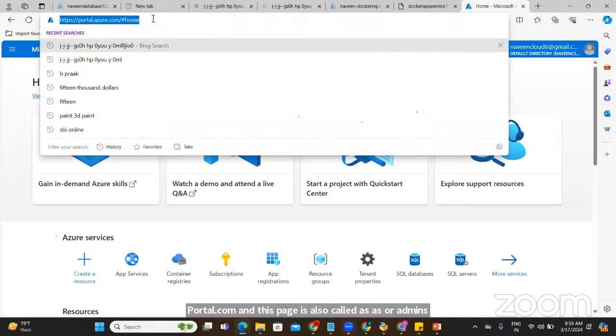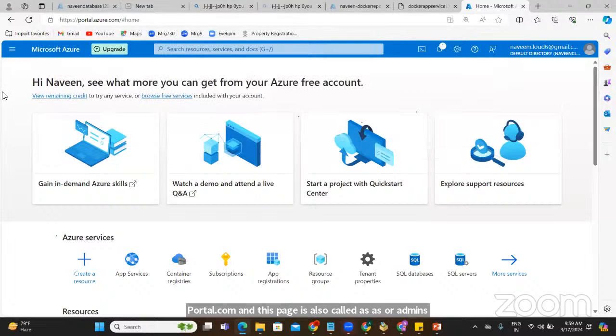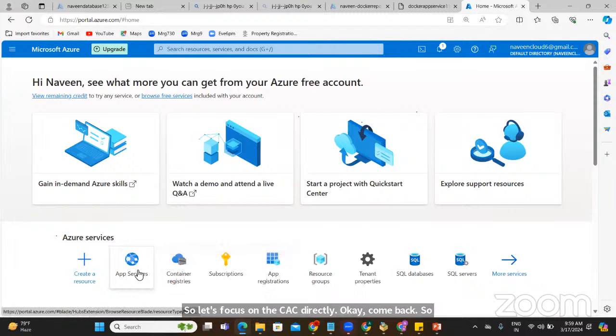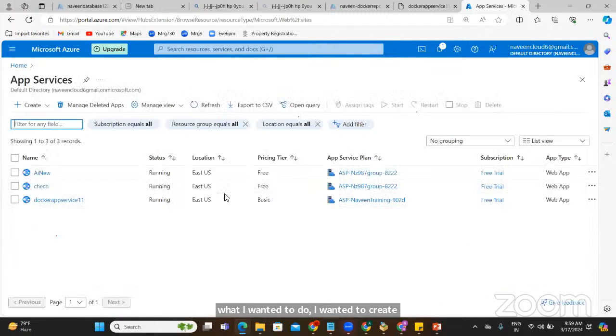You don't have to worry about all these things. If you join our class, you'll understand this too. Everything will be covered. Since we are in a workshop, our main focus is CI/CD, so let's focus on CI/CD directly. What I wanted to do is create an app service. App service means we will try to develop a website with the help of app services, guys. Let's understand.